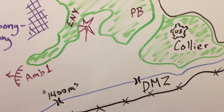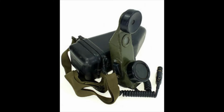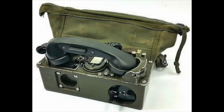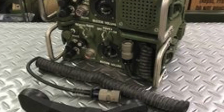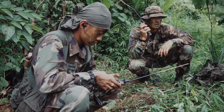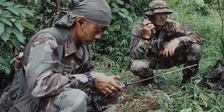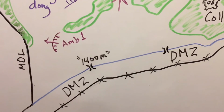I'm in my bunker, and I get this really intense call on my landline. That is a TA1. And I'm talking to a 312 hooked up to a GR39, if you guys know what the GR39 is, and it allows the 77 to talk to the 68 to talk to me on my field phone. Very cool stuff. And I got a patrol down there. There's a 12-man ambush patrol in position down at 1400, and they are freaking out a bit because they're saying,